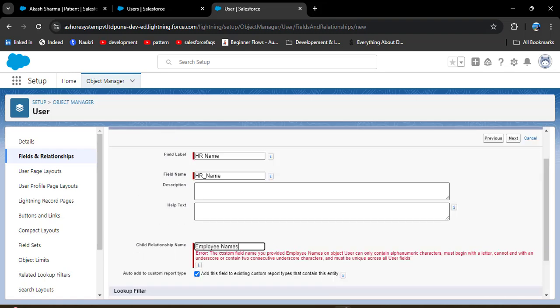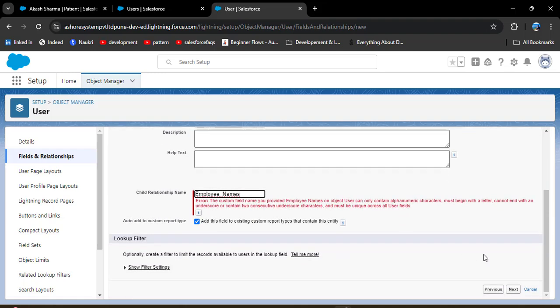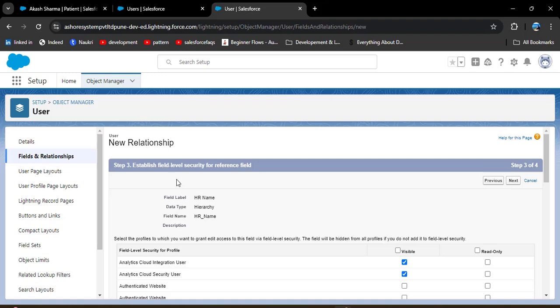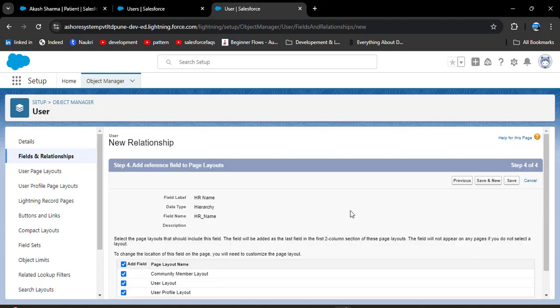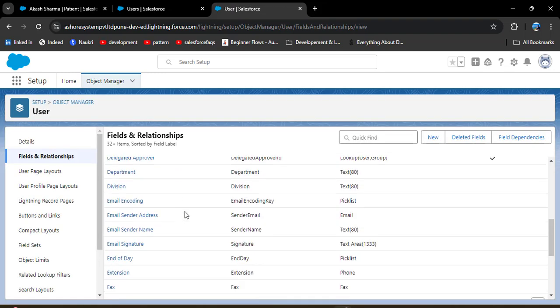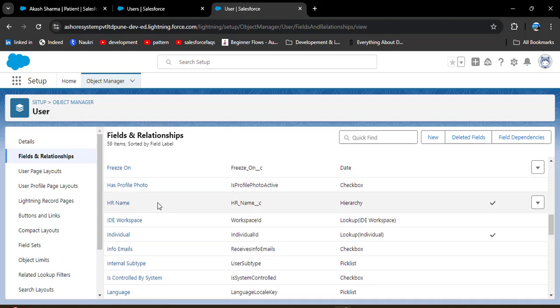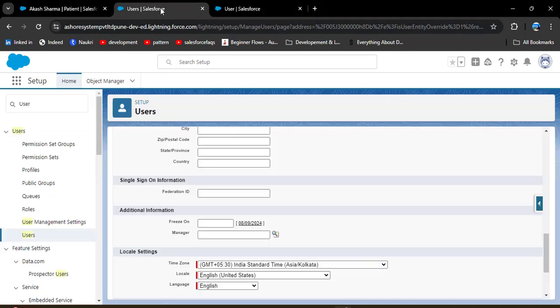Here we cannot give space between two letters. For that I am entering underscore and then click on next. Now establish field level security. Make sure the system administrator checkbox is checked. Then click on next button and then click on the save button. Now as you scroll down, here you can see HR name with data type hierarchy relationship has been created successfully. Now as we navigate to the user profile,